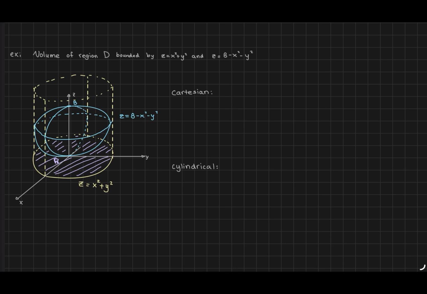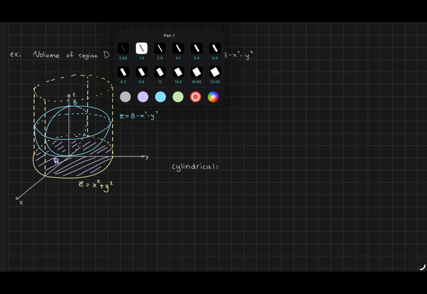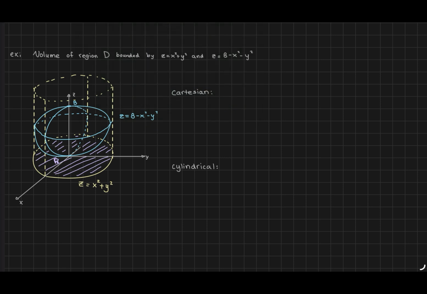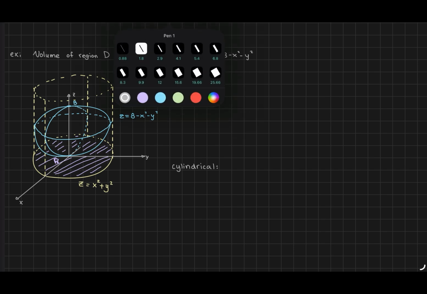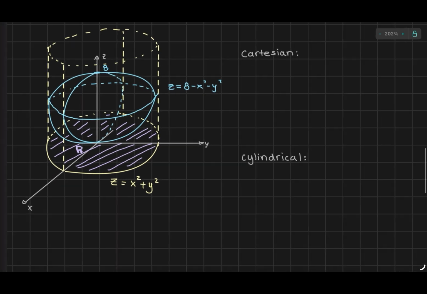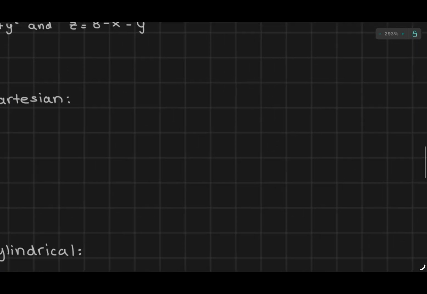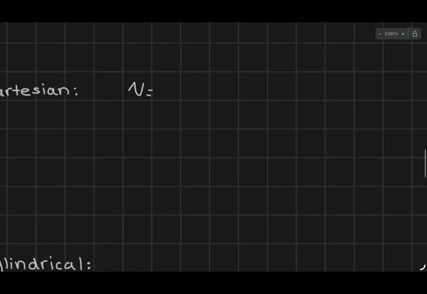So I guess without further ado, this is our motivating example, perhaps like in an actual application. How are we going to do this in Cartesian? Well, let's just go ahead and follow our usual steps here. Looking at the order, honestly, there's no order that is going to be easier than the other. So I'm just going to start off with, well, how are we going to solve for our volume here? Well, V is equal to